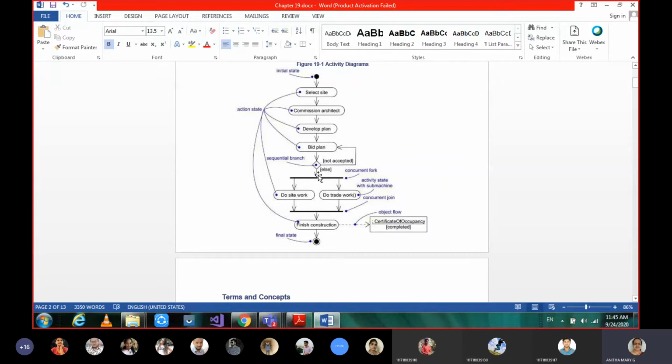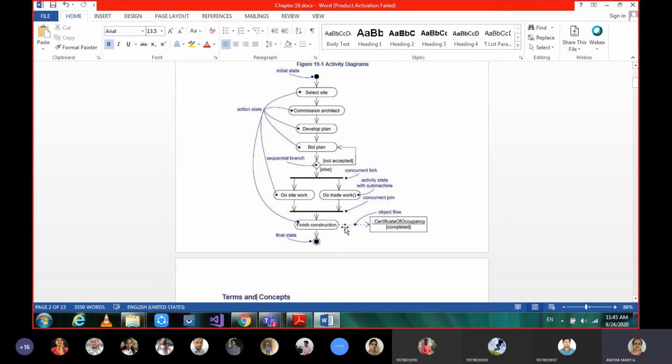Once that is okay, only then do we start constructing by going to the site, doing all the activities there, and finally we finish the construction, which has to be certified. So this is how we give the flow and branching for flow control between the activities, where each state can be either an activity or an action state.